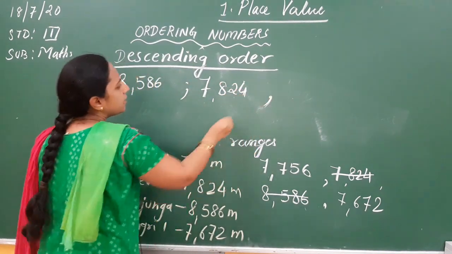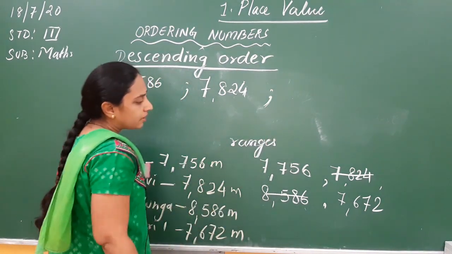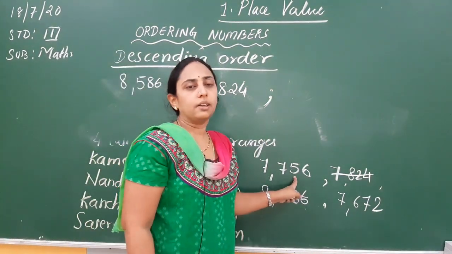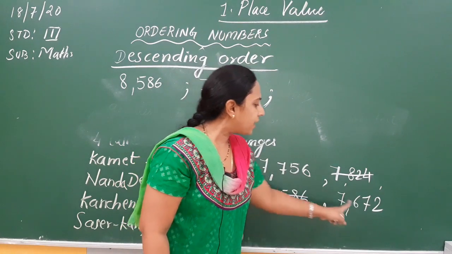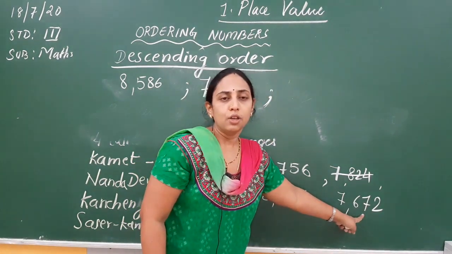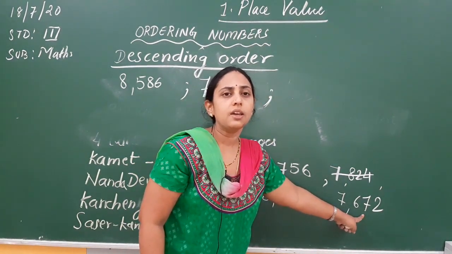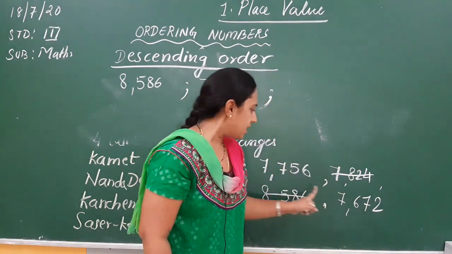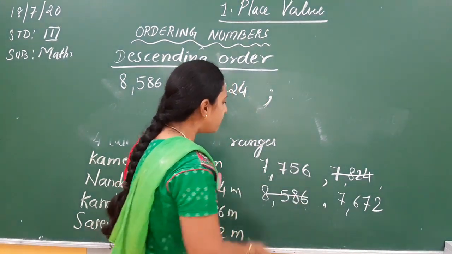7824, right? So this we have arranged. Next is tens. Here it is 5, here it is 7. So we need the greatest number. So 7 is greater than 5. Okay. So we will write